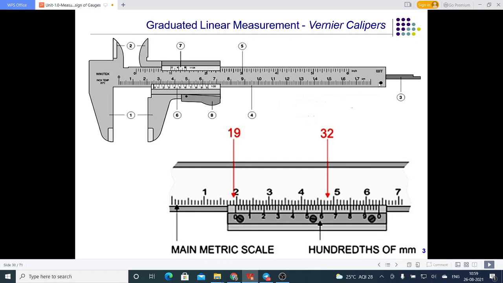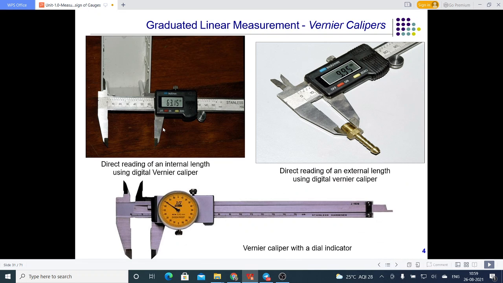This is used for the depth measurement. These bottom two jaws are used for the outside diameter measurement. The upper two jaws, denoted by 2, are used for the internal diameter measurement. So these are some functions of the vernier caliper. You can see here different vernier calipers are shown.